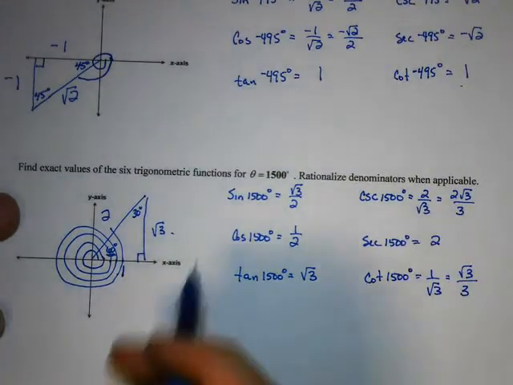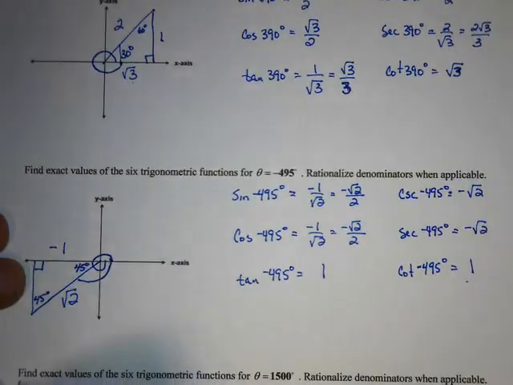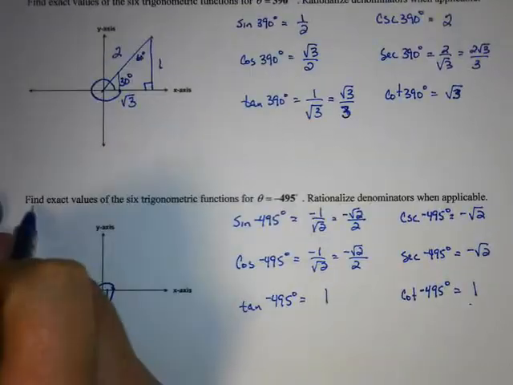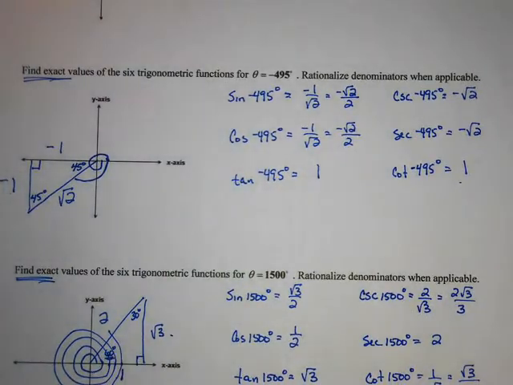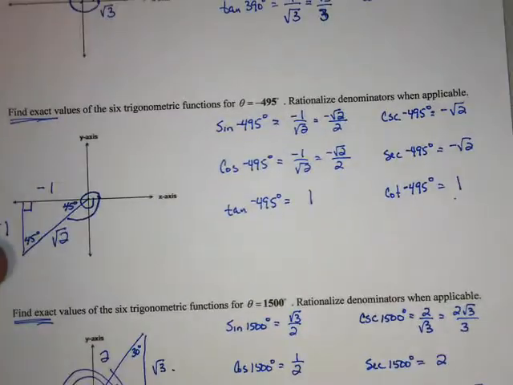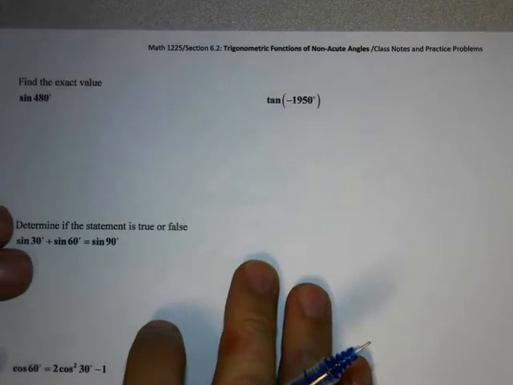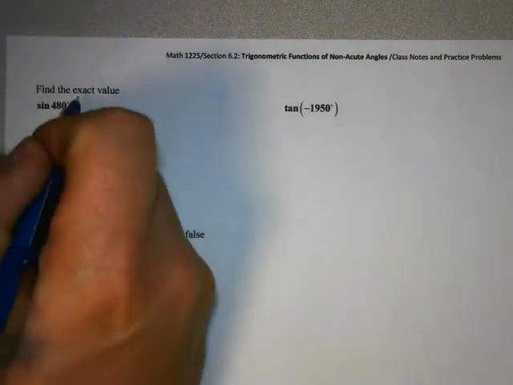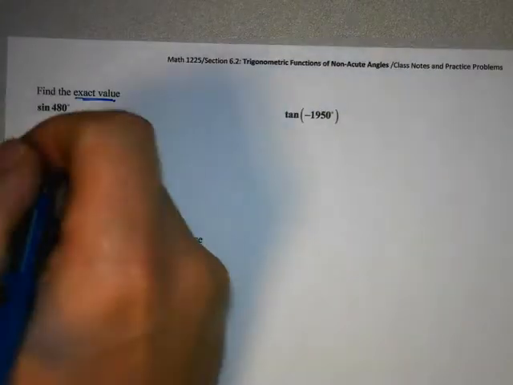So this is if we're finding all 6 trig functions. But again, notice whenever it said find the exact, find the exact, find the exact, it's going to be either a 30, 60, 90, a 45, 45, 90, or a unit circle to find those exact values. Now, instead of finding all 6, if they're just looking for 1 or 2, again, exact values, I'm going to have to show the work. I can check it on the calculator, but this is going to be